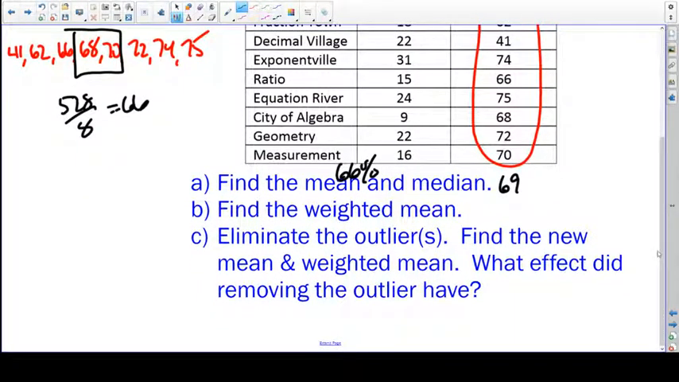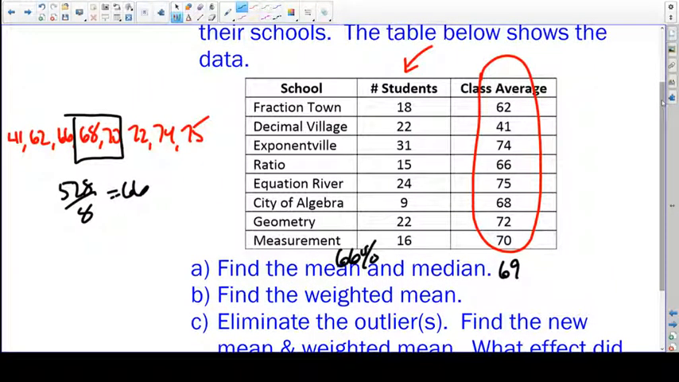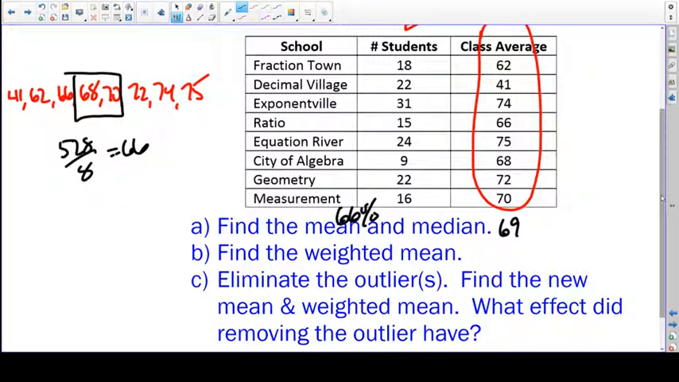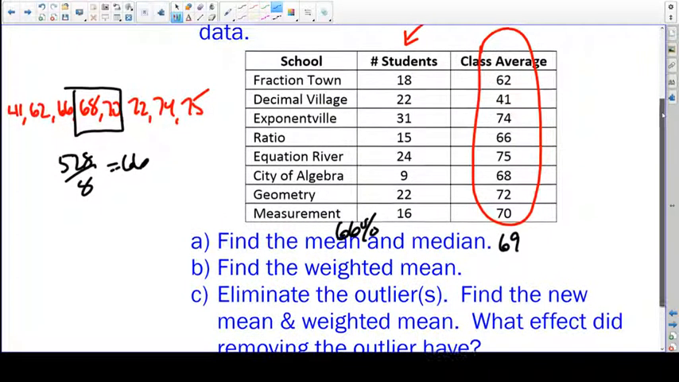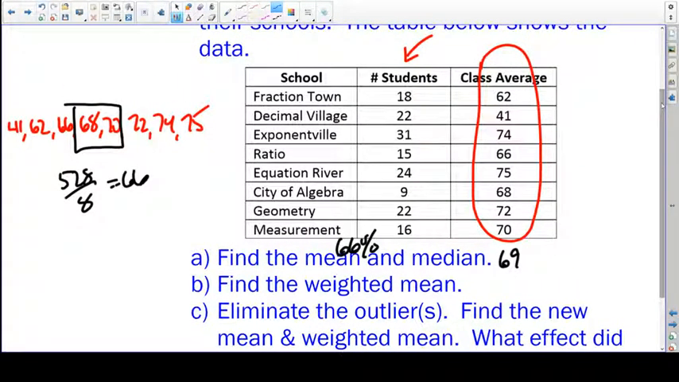Now, what's the weighted mean? The weighted mean is where we take into consideration the number of students at each school. So how are we going to figure that out? We'll need to multiply the number of students by each of the class averages. So we'll start off by taking 18 and multiplying it by 62, and that gives us